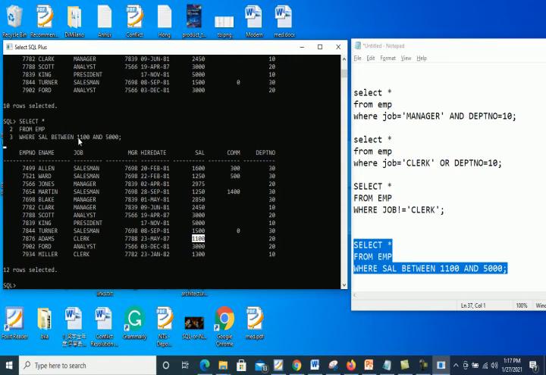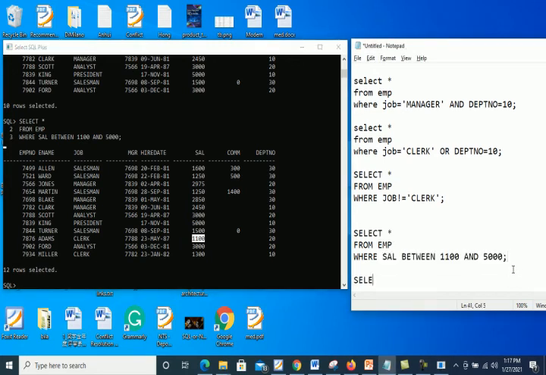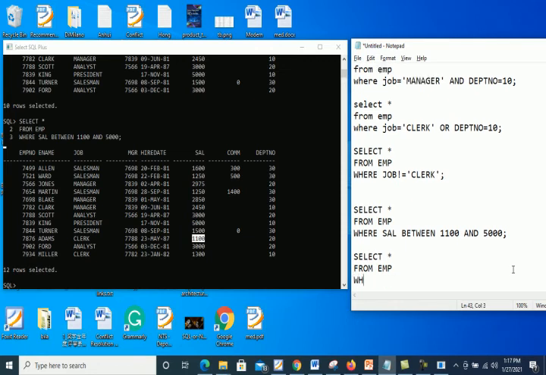It means that I can write this query like this if you are using the AND operator: select star from EMP where sal is greater than or equal to 1100 and sal is less than or equal to 5000.